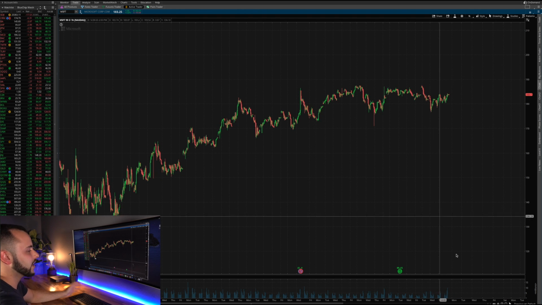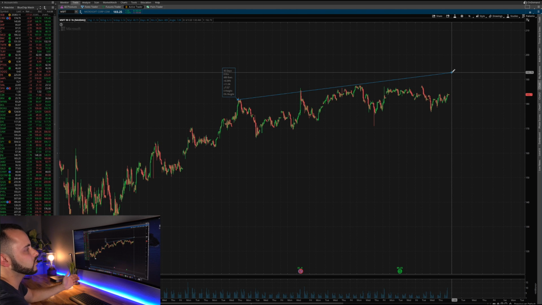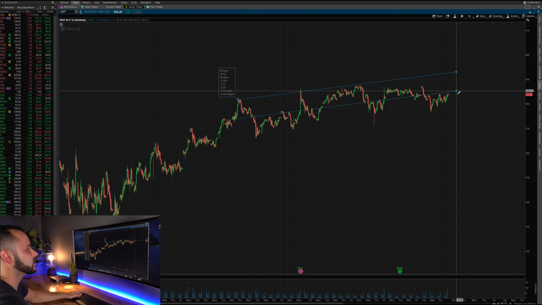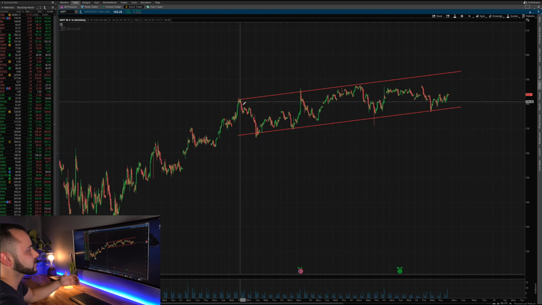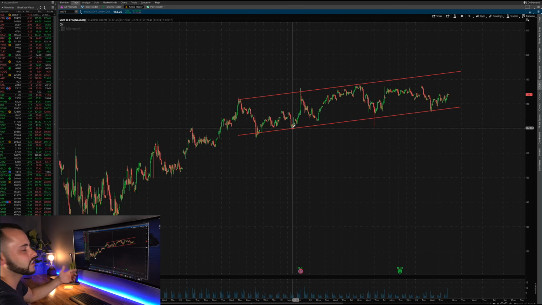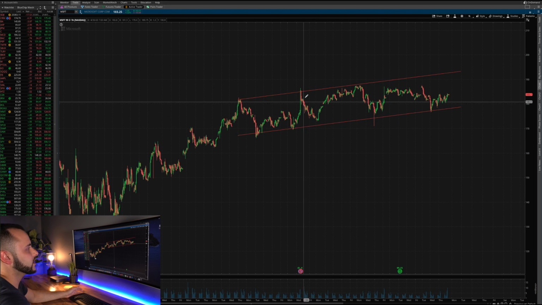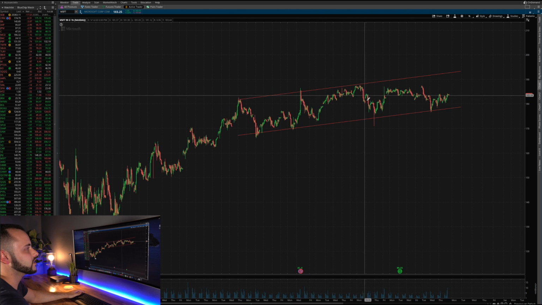an upward trending channel. Now if I use the channel tool here on Thinkorswim and I draw it from the tops here, basically, you know, it's not going to be perfect. Sometimes it will wick through the channel, but if I draw it there and draw it down near the lows, what we can see here is that we're in a channel. So every time Microsoft hits the bottom, it finds support. It hits the bottom again here, it finds some more support. It hits the top here really strong and wicks straight down, and it's sort of just trending in an upward